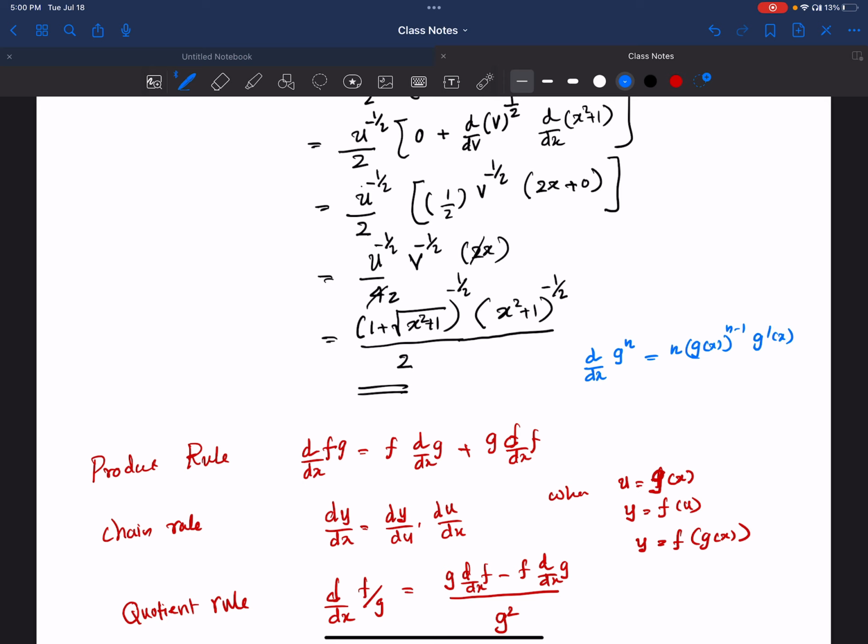And then we also learned that d over dx of e to the power g of x is equal to e to the power g of x times g prime of x, right? We learned those things, and by using those things we can solve many problems. Thank you very much for listening, and